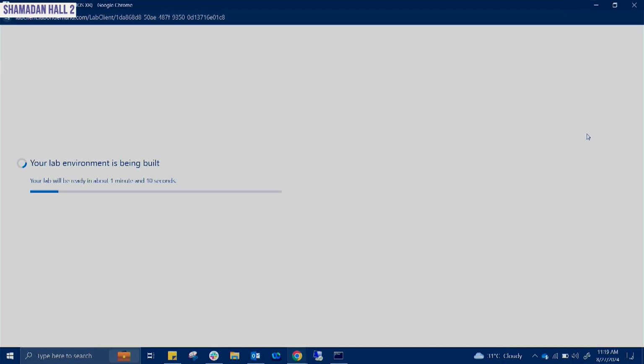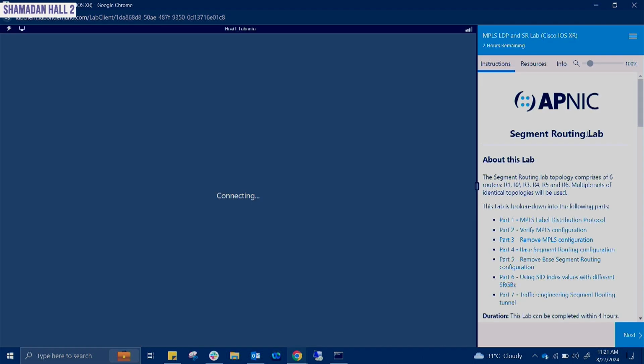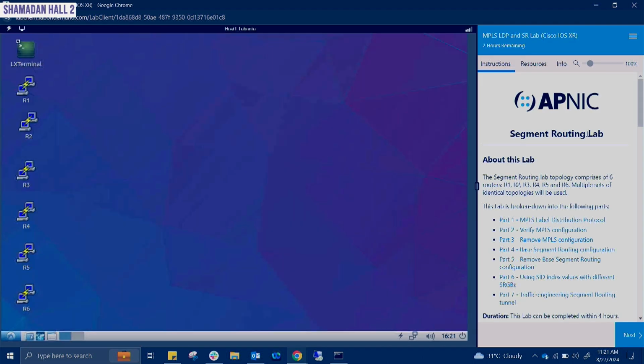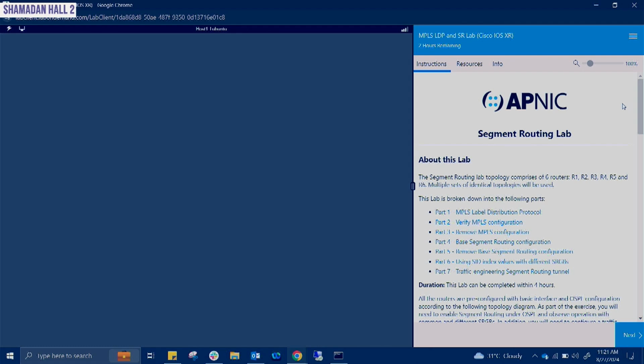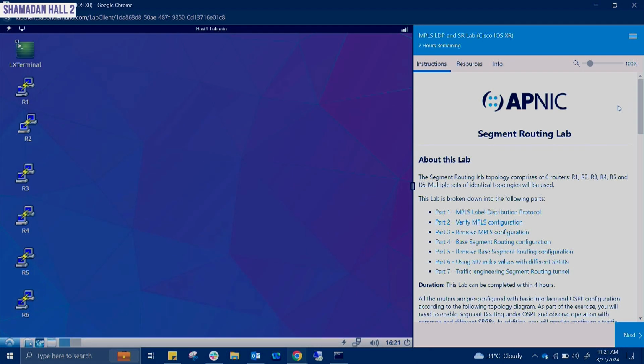It's going to take a little while to load the lab. Meanwhile, if anybody is having issues with logging in, you can just raise your hand. The virtual labs take a little bit of time because it boots up real virtual router machines on which the devices are present. Once you have logged in to the lab, on the right-hand pane we have the instructions that we are going to follow throughout this lab. On the left-hand side, we have an Ubuntu machine where we can see there are 6 routers. We have the telnet session for every router, and